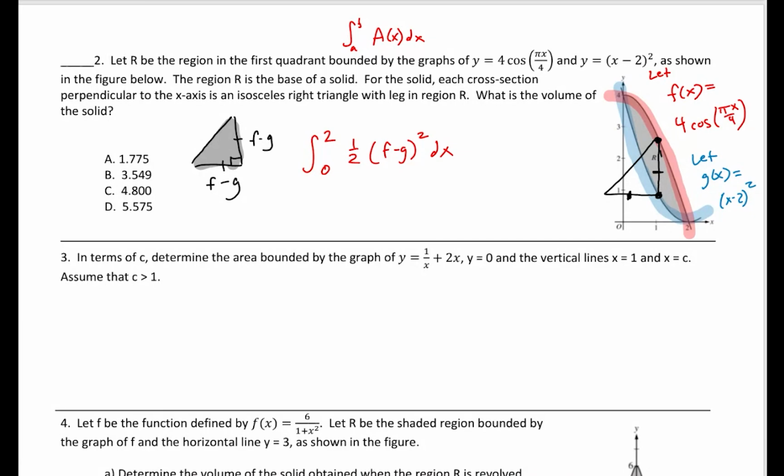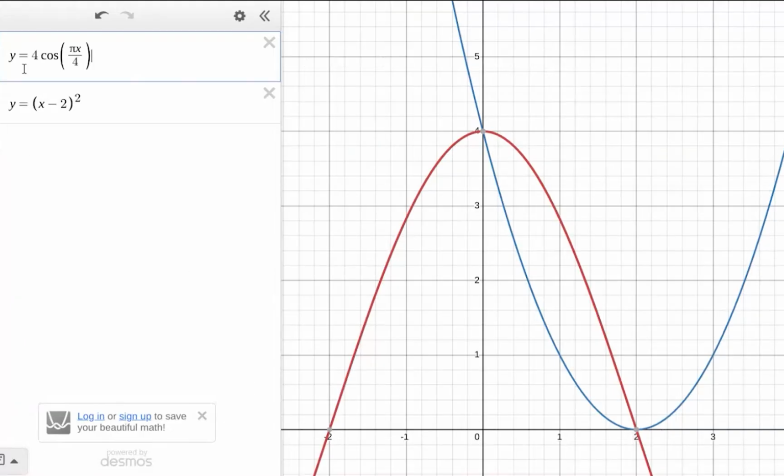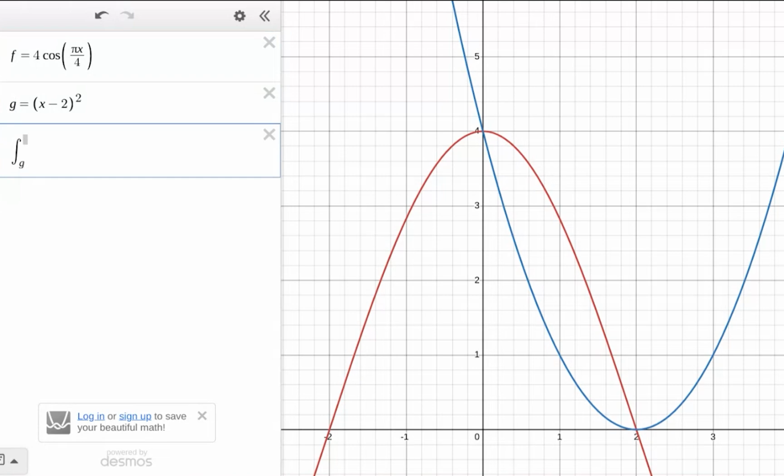So let me go back here. We said let the cosine one be f of x, so let's change this to be f, and this one will be g. And so our integral is going to go from 0 to 2, and we'll have 1/2, this is half base times height, area of a triangle, and the base and the height are the same. They're f minus g. So f minus g times f minus g would be f minus g squared. dx gives me